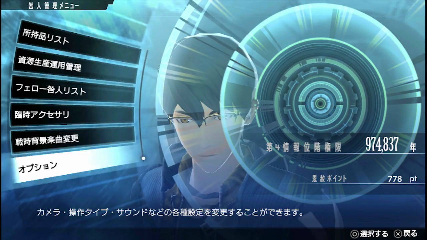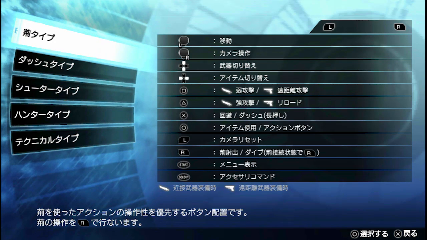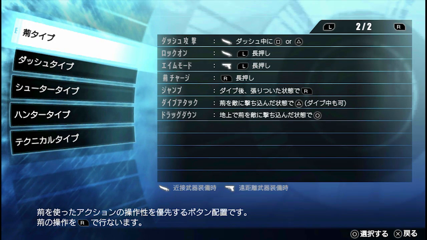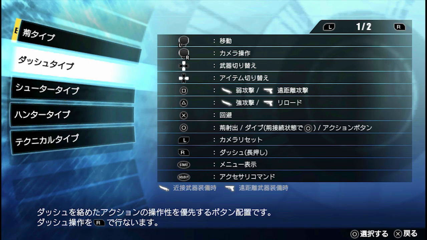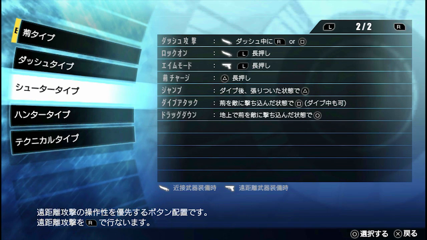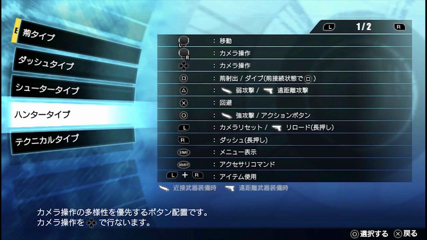Right at the bottom here, options menu. The only menu that I'm really going to bother showing you is the first one, which is key bindings. You basically only have 5 presets available. As far as I can tell, there is no way to freely rebind your keys at all, which is